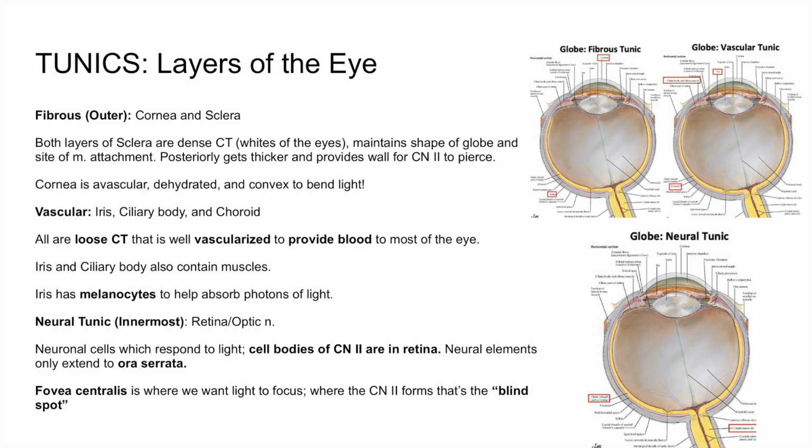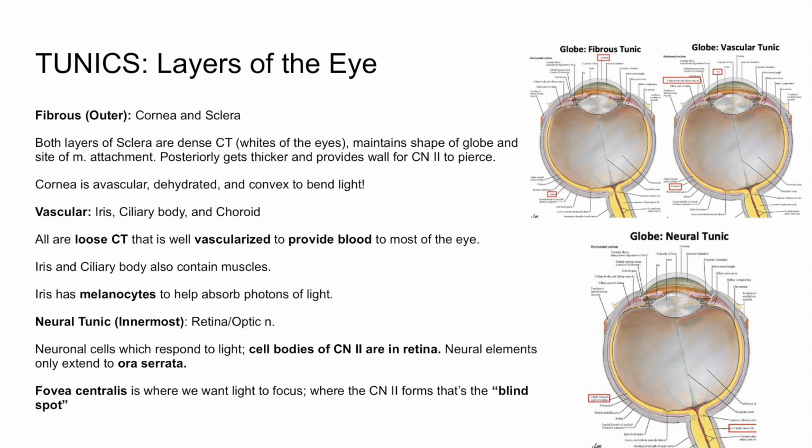And then finally, the innermost layer is the neural tunic, which involves the retina and is continuous with the optic nerve. This is where light actually gets detected and is converted into neural signals. The cell bodies of neurons that contribute to cranial nerve 2 are located within the retina, and these neural elements extend only as far anteriorly as what is called the ora serrata, which marks the boundary between the photosensitive and